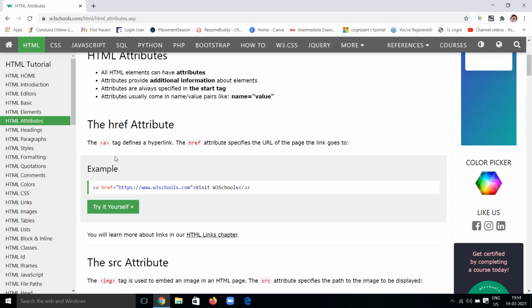For using this link, the URL of the page we have to go to, which URL you have to visit with this tag, has to be specified in this href attribute. Here, href is the name, and inside the quotation marks we have to include that link.